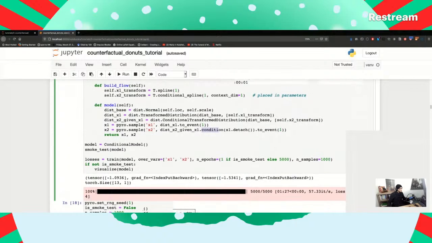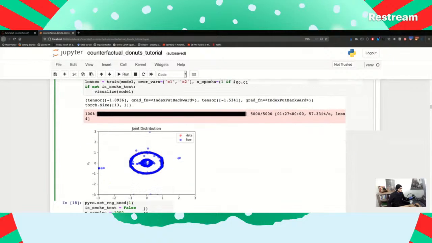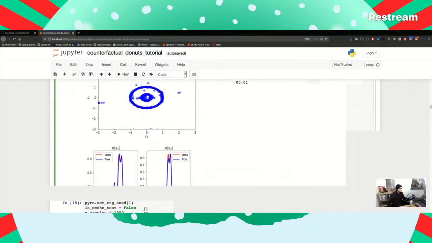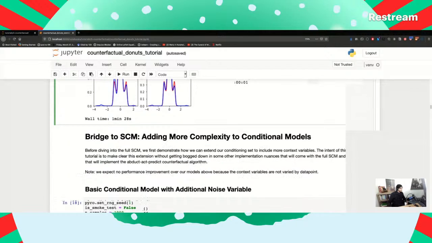Okay. So this seems to be working much better. Oh, look at that. Surprising to me that that's working. I can't think of any logical reason why that should work better than, maybe it's just the nature of splines, but a spline that's modeling a joint versus a spline that models one and then a conditioned spline that models another. Been a while since I looked at splines though.